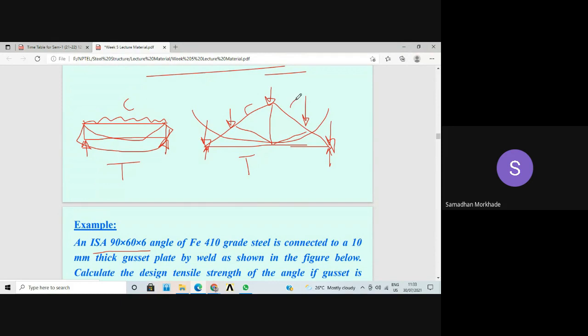The top members are the top chord, called the principal rafter. So these are under compression. In yesterday's class, while speaking, I told you tension here and compression here. So make it correct. It was just in the flow of teaching that I made that statement, but you can understand the thing.